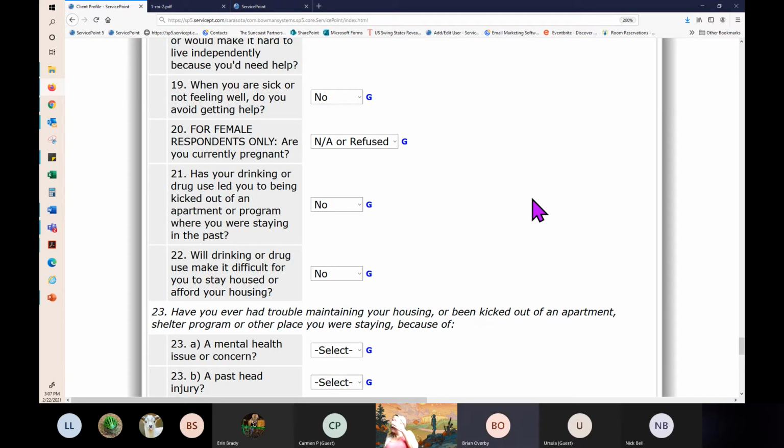Can we make a judgment call? If we know that they're drinking, because they've been in and out of these different programs and they've been in and out of the hospital, and they say no, but we all know the answer is yes, do we put yes, or do we have to put no based on their answer, when in fact we know the answer is yes? So this has always been a question that I cannot,